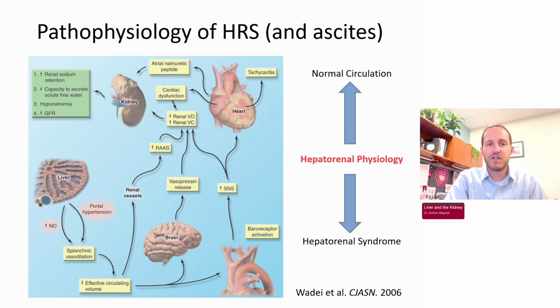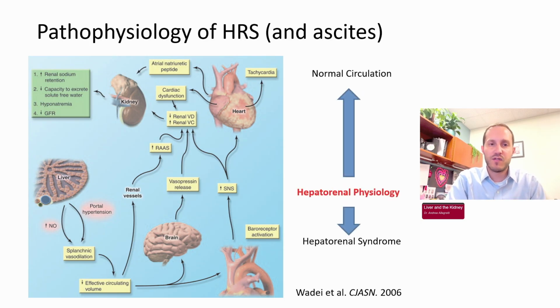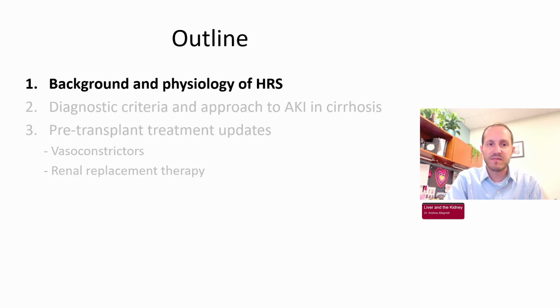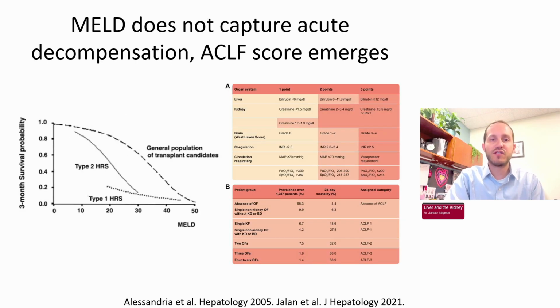I sometimes refer to this as a mixed or a hepatorenal physiology, and if you're more balanced, you may be more ambulatory or outpatient. You are closer to normal circulation, and if you are more decompensated and decompensating, in fact, you may be closer to hepatorenal syndrome, and people can move back and forth, obviously, based on what's going on acutely. So that's the physiology, and of course, when you have a sort of vague or a syndromic phenomenon like HRS, it's important to define it as best you can.